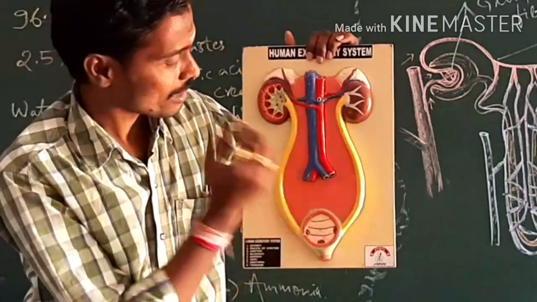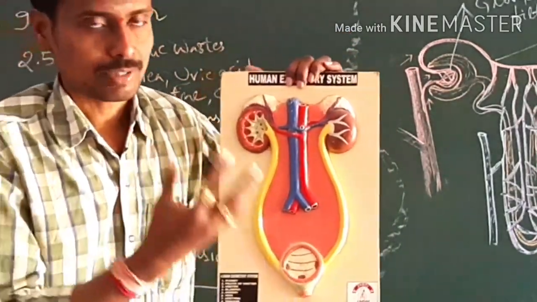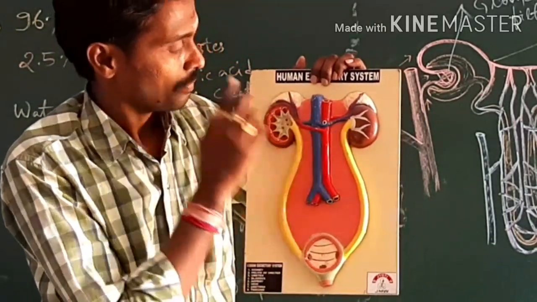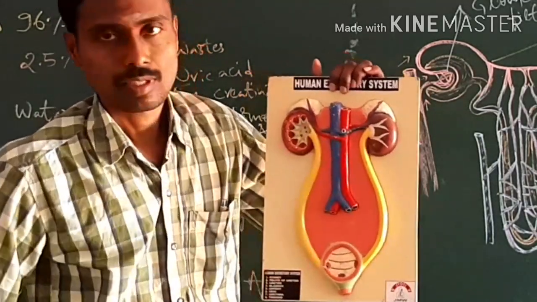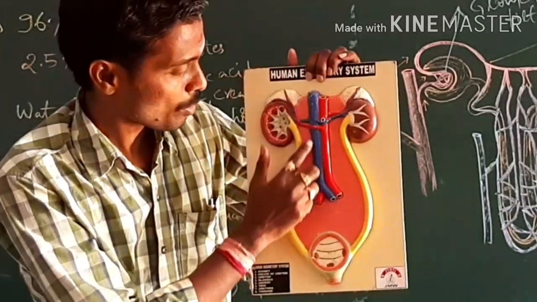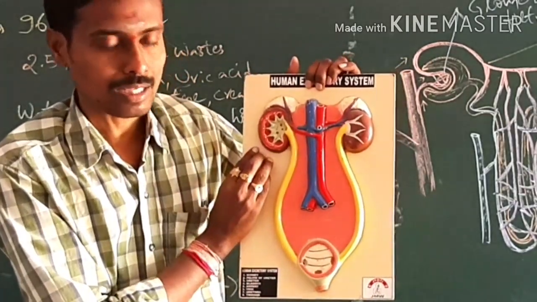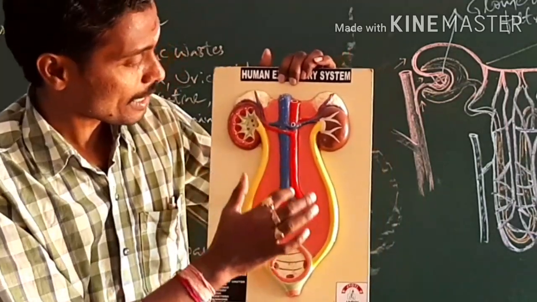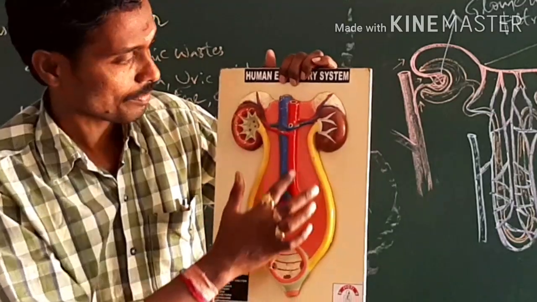Here, the one in red color resembles an artery. It distributes the blood to the kidneys, wherever the filtration is going on. Here we do observe blue color ducts. They are collecting the blood from the kidneys. So here we do observe the entry of the artery, which is called the renal artery.